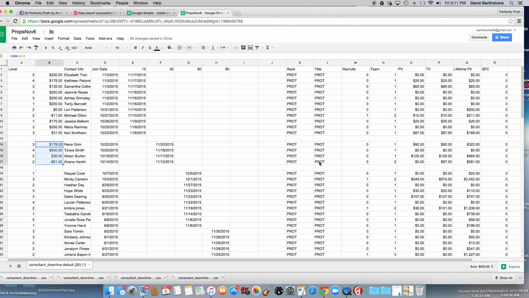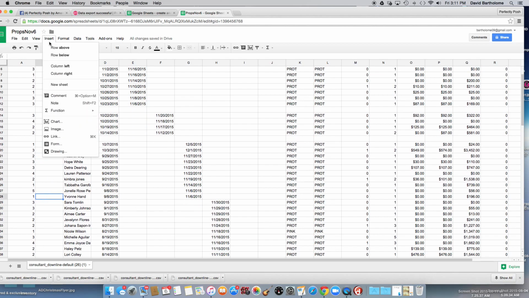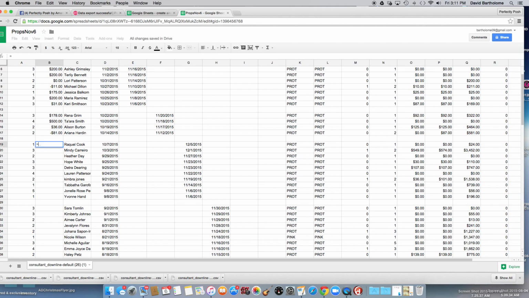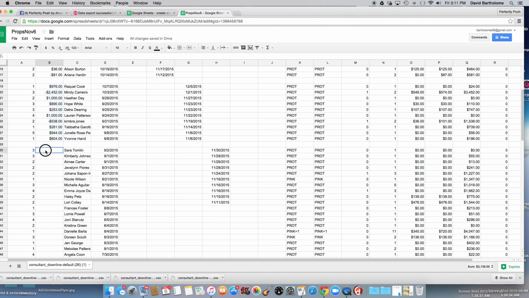Then 60, we're going to go ahead and separate the 60 and the 90. That'll help a little bit. We're going to do a row below, and we're going to go equals, in 60 days, 1,000 minus, go ahead and pick how much they have in, hit the return button, click on it, crosshair it, drag it down, and now we're going to go 90. We're going to put equals 1,500 minus, and then click how much they've got in, hit return, and drag it all the way down, and you're going to see who's where